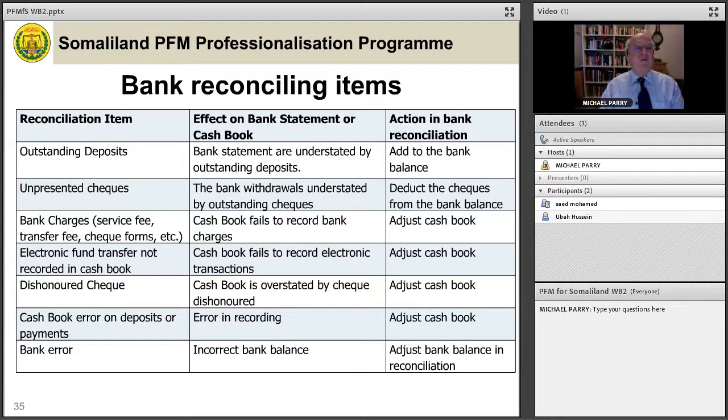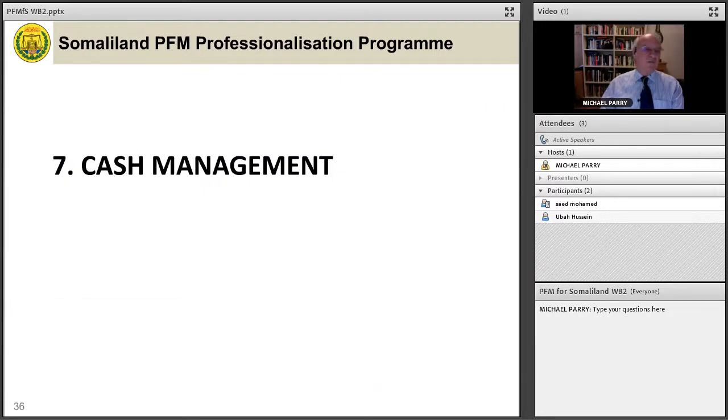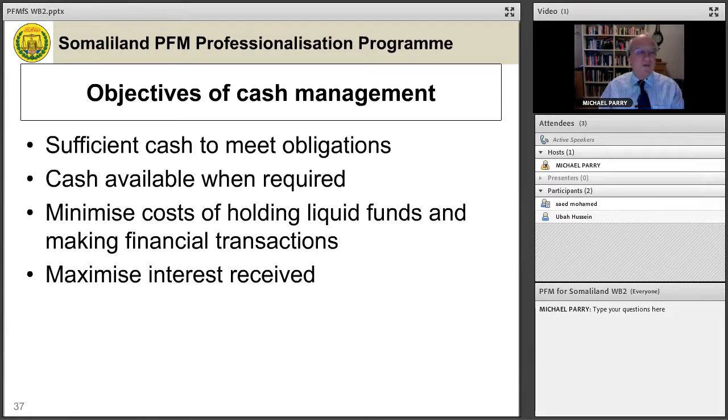And I've taken this from the workbook. This is a list of the quite likely reconciling items. I'm not going to go through this list. It's in the workbook. I think most of it's fairly clear. But it does make you realize what needs to be done. I do not think I can overemphasize the practical importance of bank reconciliations. And we'll see in cash management that you need them for a cash management program.